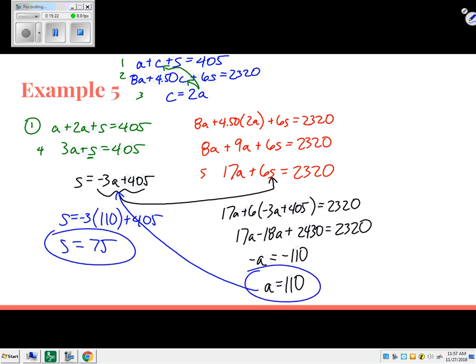And man, I love equation 3 right now, because to find out how many children came, all I have to do is take the number of adults and double it. 220 children came to watch my favorite childhood movie,